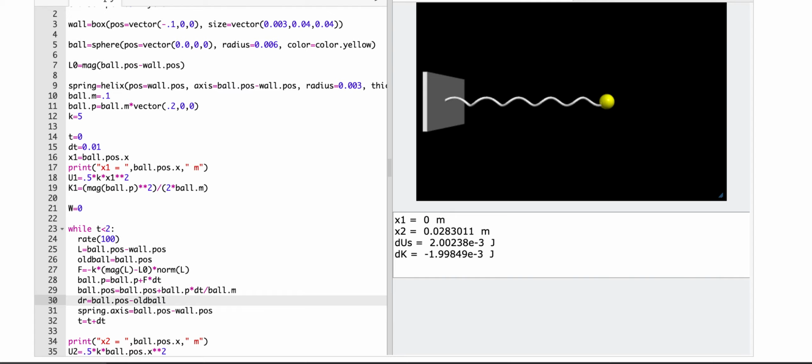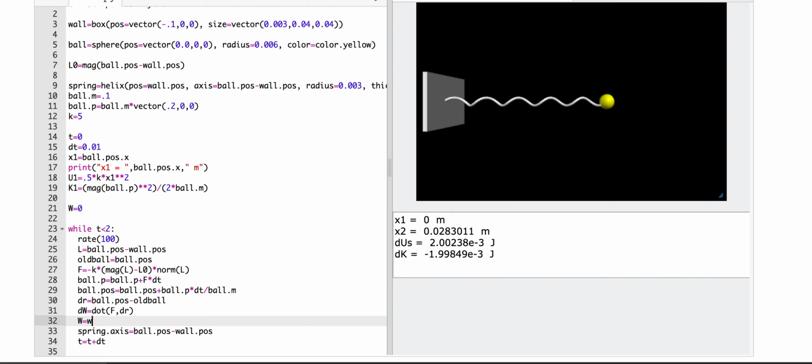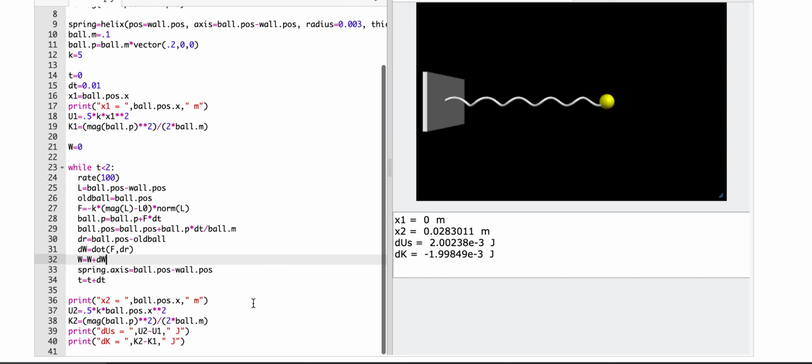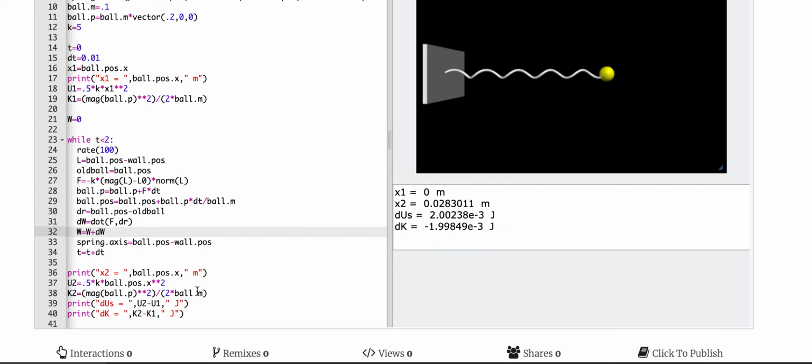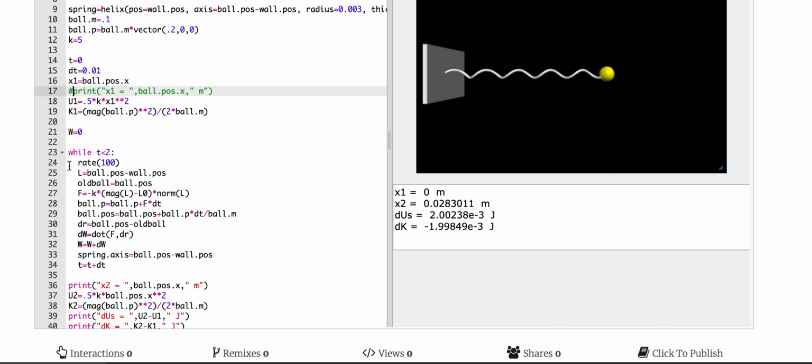Here's my dr. It's a vector. Now, dw is going to be equal to the dot product of F and dr. And then work is work plus dw. I don't know if this is going to work. I'm just guessing it will. Okay, so let's go down here. I don't need to print out this x1 and x2 stuff. That was just for testing. Let's just comment that out. And let's print